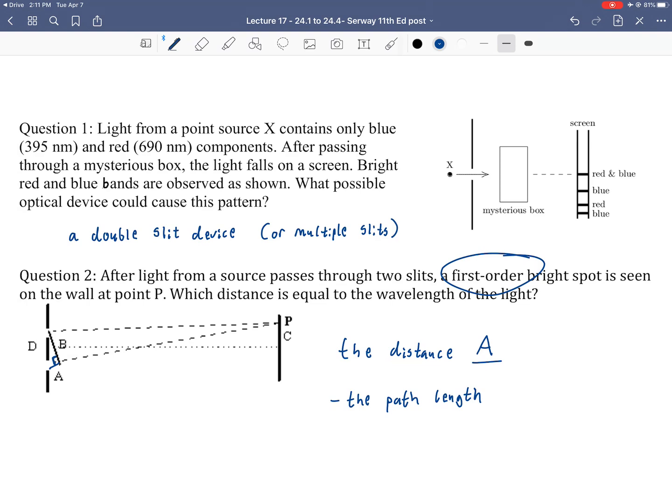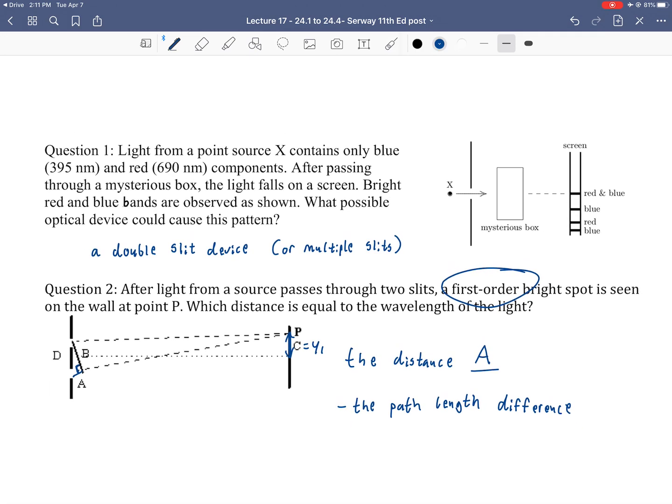Well, because we're told it's the first order, right? That's the terminology. It's the first order bright spot, okay? Because you have the central one, and then the subsequent ones as we move away. This is the first order. That would be y1. And since it's y1, m is 1, so that means the path length difference is equal to 1 times lambda. There you go, okay? Path length difference, in this case, is equal to